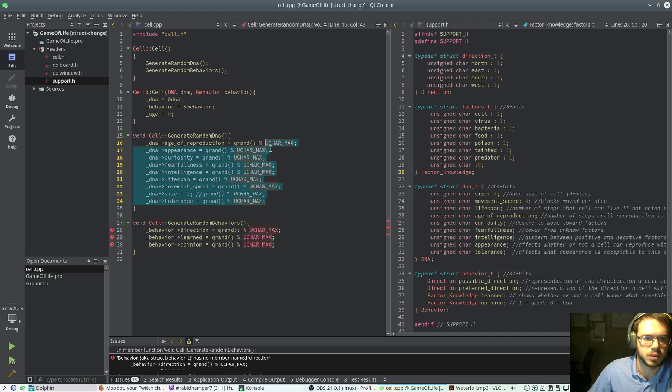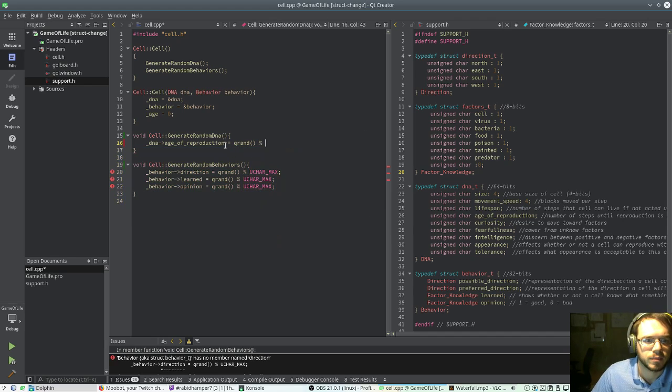So let's do int temp DNA. We want to be a little bit more specific here. We'll do uint64_t. So that'll give us a 64-bit unsigned integer. And we'll do